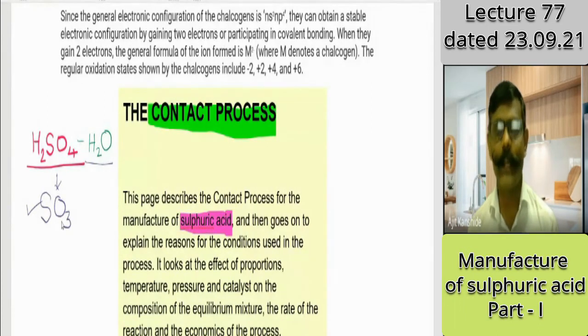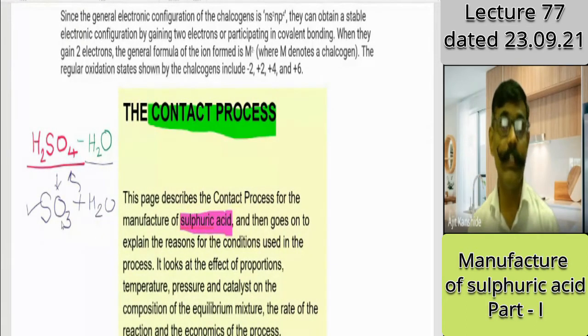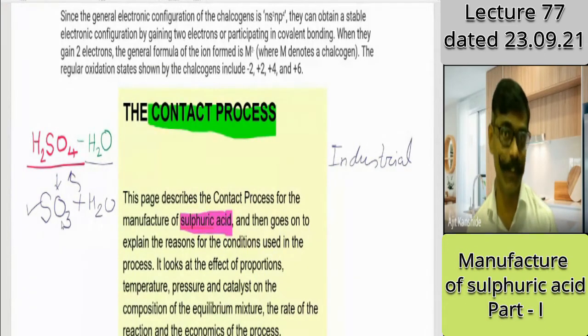And once sulfur trioxide is obtained, what will one think? To sulfur trioxide, add H2O, you will get H2SO4. Likewise, the preliminary guess may be there. Let us see what the reality is. Students, here we are talking about this manufacture from the industrial chemistry point of view. We want an efficient manufacturing. Theoretical conclusions may be different. Practicality is important. So what is the reality? What is the practicality that we are going to find out?